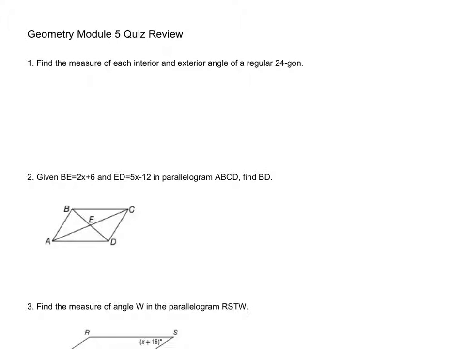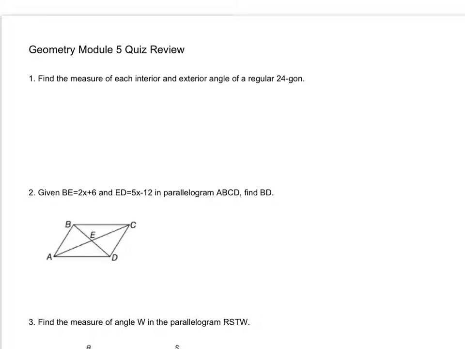Okay, so today we're going to start reviewing for our quiz on sections 1 through 3 of Module 5. So the first question says, find the measure of each interior angle of a regular 24-gon. So this would be some polygon with 24 sides, which I won't attempt to draw. So we know the total interior degrees